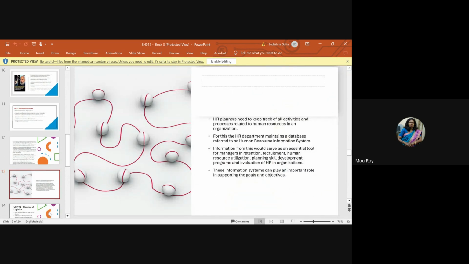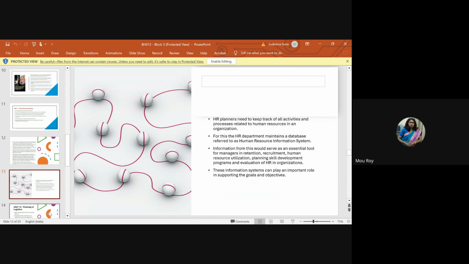Now, who are the HR planners? The HR planners need to keep track of all the activities and processes related to human resources in an organization. And for this, the HR department maintains a database, referred to as the Human Resource Information System, HRIS. This is basically software where all the data of the